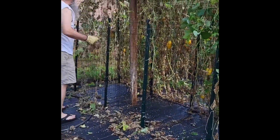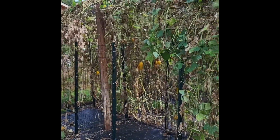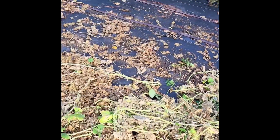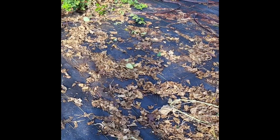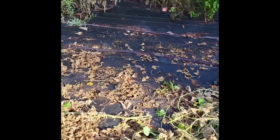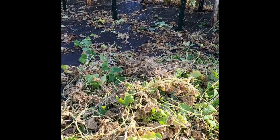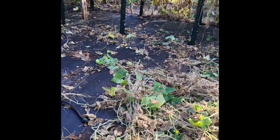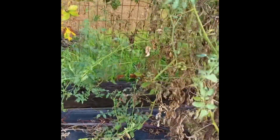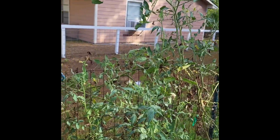Here's Stephen. He's working hard, clearing off this cucumber jungle arch. We've pulled up our zipper cream peas, not zipper cream peas, lady cream peas. They were small and they did not produce as well as the zipper cream peas. They're delicious, but. And then we have our tomato Juliet over here, and right now, because it's so hot, maybe